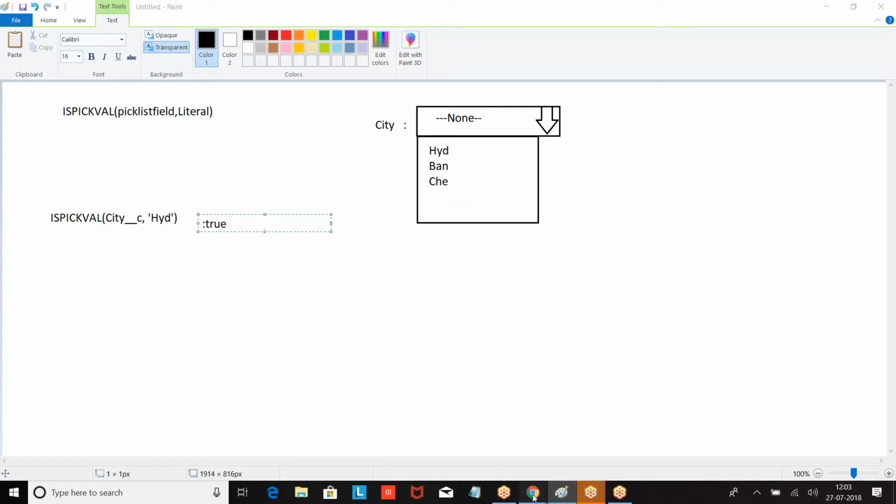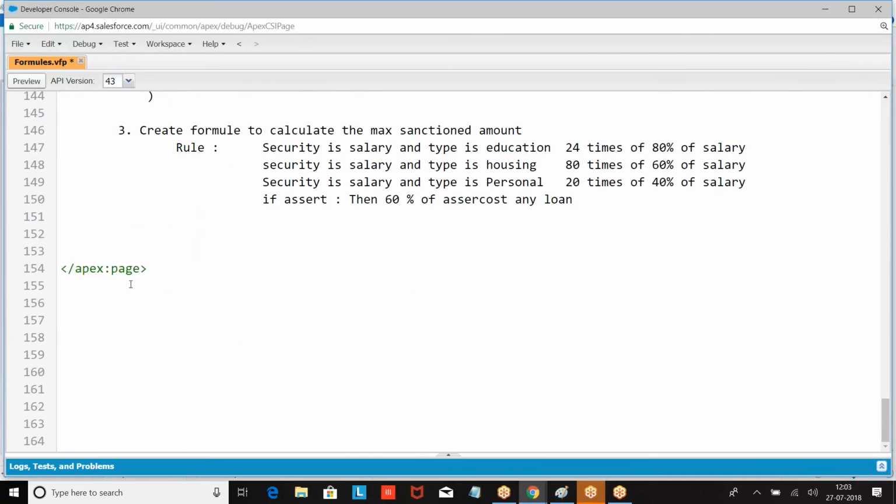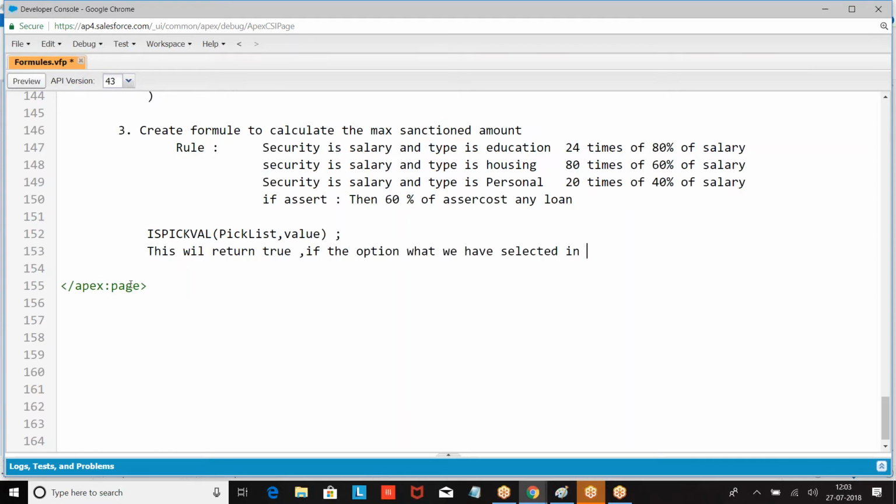So what is the purpose of is pick val? This will return true if the option we have selected in the pick list field is the same literal.